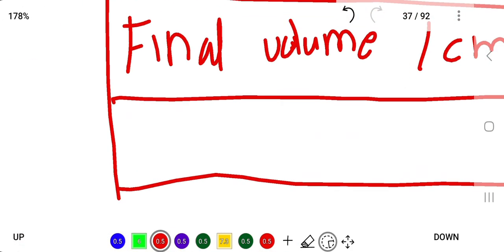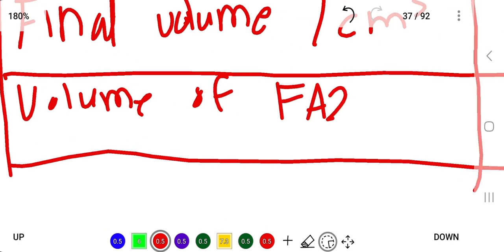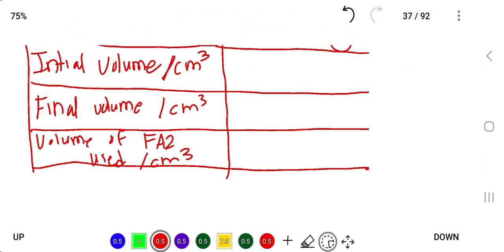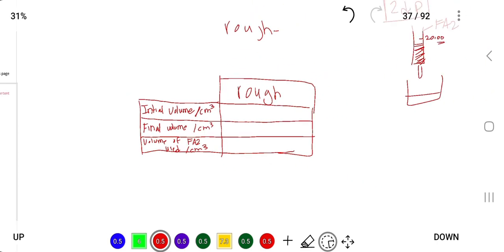So you write here volume of Fa2 used, again slash centimeter cube. Now this will for sure give you marks, in fact, so please, it's an easy mark for you to get. Alright,